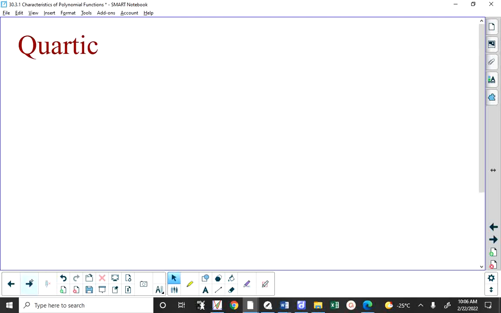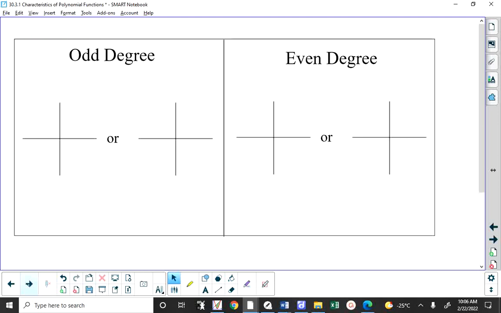Quartic can have 4 or 3 or 2 or 1 or 0 because it's even. Quintic, that's an odd degree. It can have 1, 2, 3, 4, or 5, but not 0 because it's odd. All right. So what does this tell us? It tells us that an odd degree polynomial function has arms that go in opposite directions. And I don't care what it does in between here. That's not the point